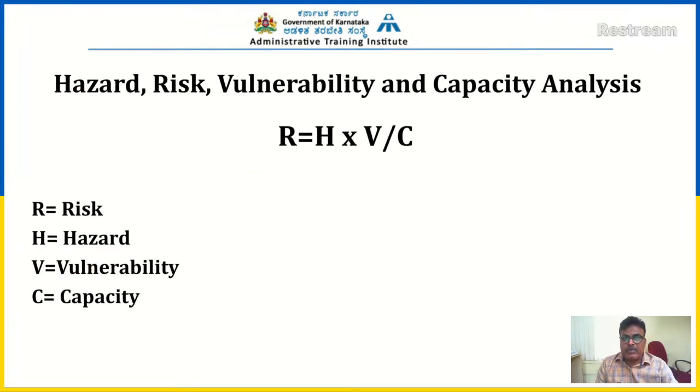That is why we always say risk is proportional to the hazard and vulnerability. Even exposure you can add here. Hazard and vulnerability, and inversely proportional to capacity. As the capacity is enhanced, your risk gets reduced yearly. So your capacity should be developed in such a way that risk becomes zero by 2030. This is the agenda which we are implementing in the country now, even in Karnataka state also. Everything is mentioned here. Let us move to the next one.